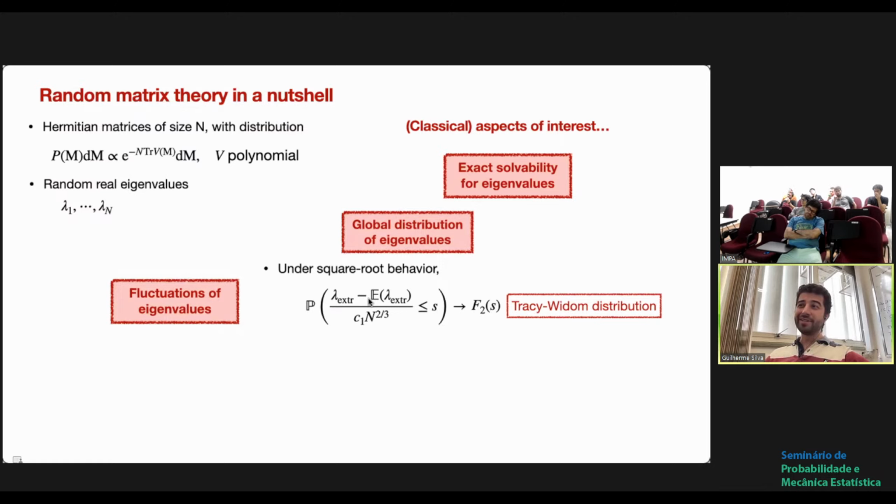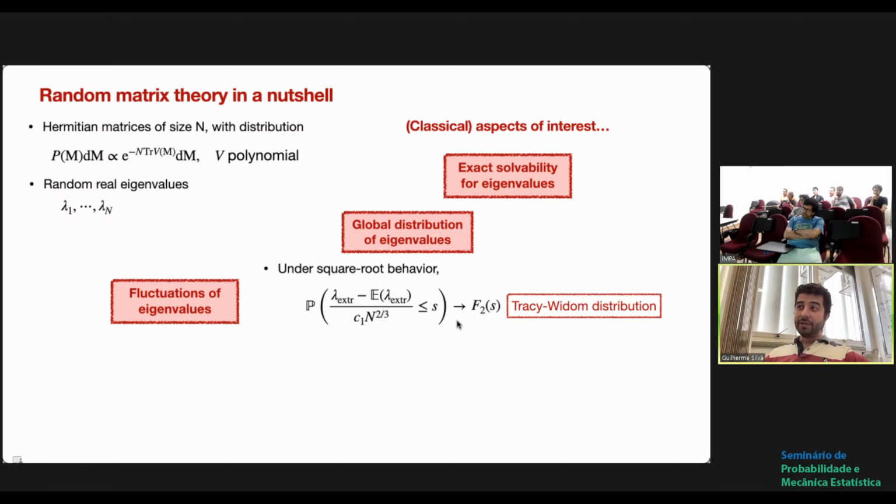So in other words, now that we are talking about eigenvalues, the corresponding central limit theorem is no longer given by a Gaussian for the maximum eigenvalue, but by another distribution, which is the celebrated Tracy-Widom distribution. I'm going to tell you what it is in a moment. And you should really appreciate this result. It is perhaps one of the most classical instances where you see